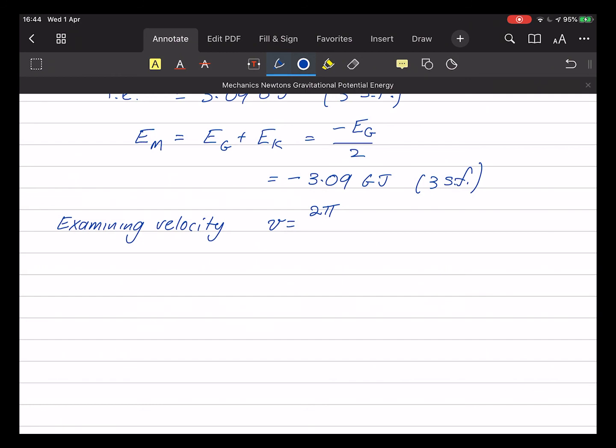The radius, which I wish I'd written down now. Let's work it out again. 35,786 by 10 to the 3. This is the average radius of the Earth, all over